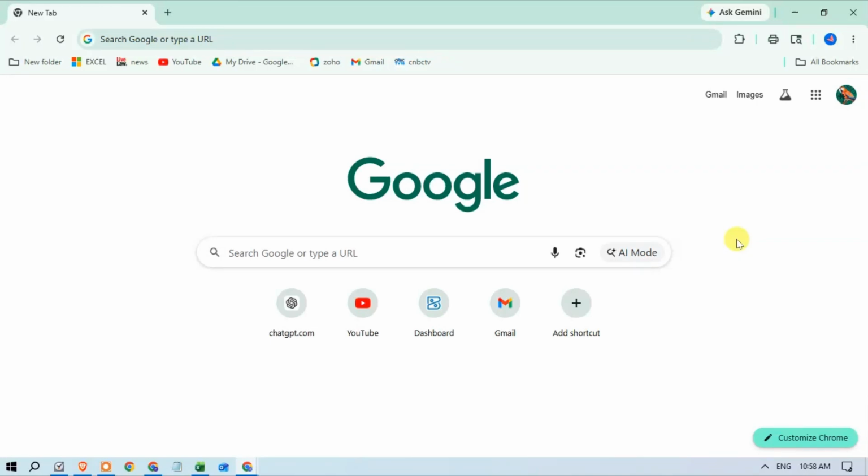Hello everyone, in today's video I will show you how to fix the problem when the customized Chrome button is not showing in the Google Chrome browser. So let's start by first opening your Chrome browser, and you can see the customized Chrome button showing at the bottom right-hand side. If this button is not showing in your Chrome browser, then first go to the